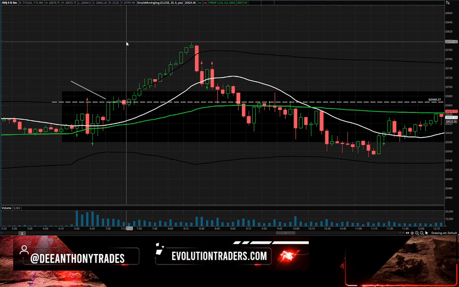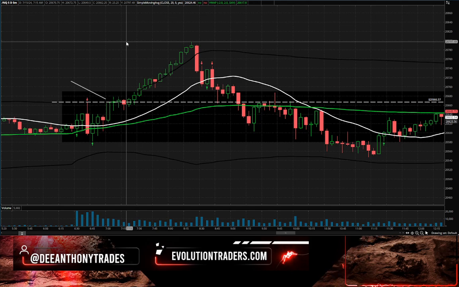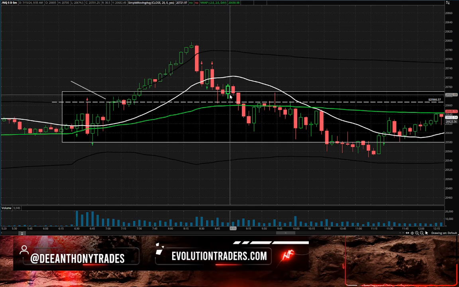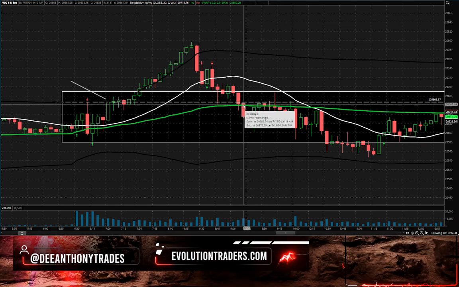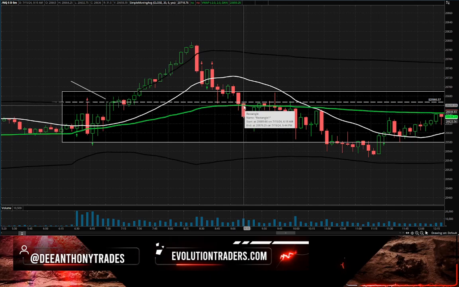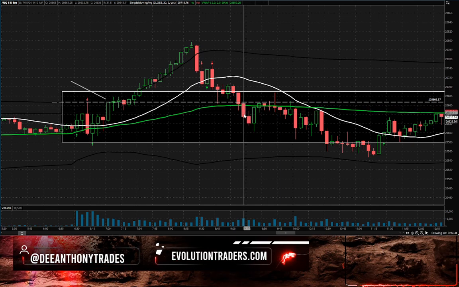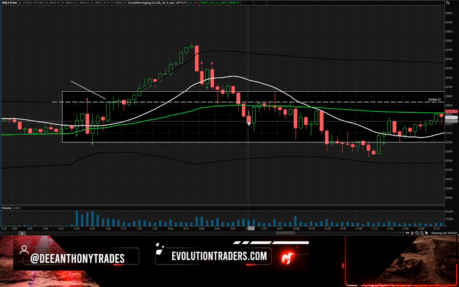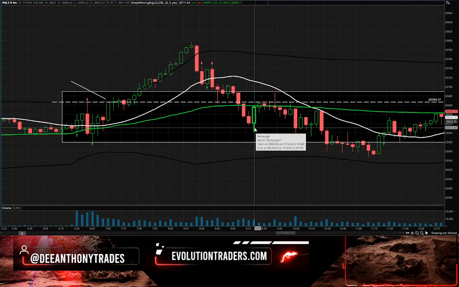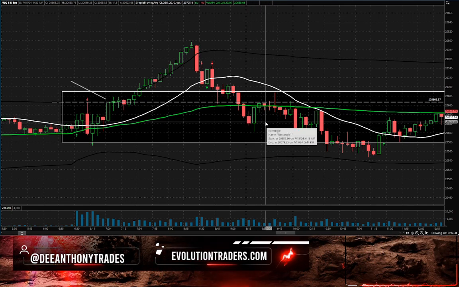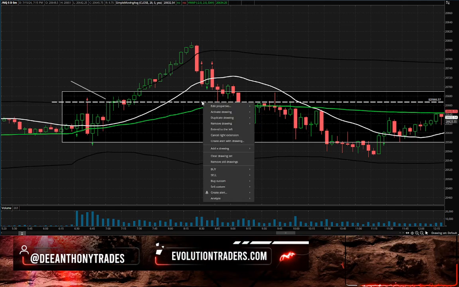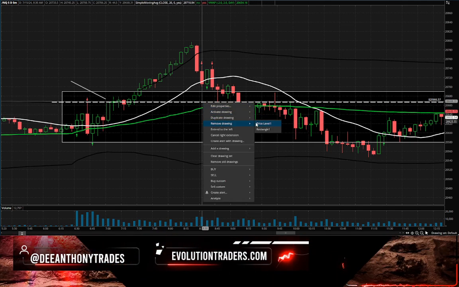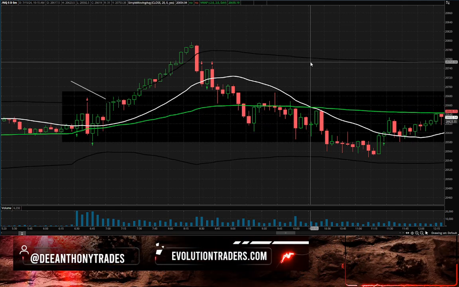A good trader is going to use their own intuition as well. So if we notice when we close below VWAP here, this candle that closes below VWAP was a 31-point candle. Now it doesn't give you 31 points. So how are we going to navigate this situation? How are we going to navigate this potential problem? Because this is a potential problem that you're going to face a lot in your trading,